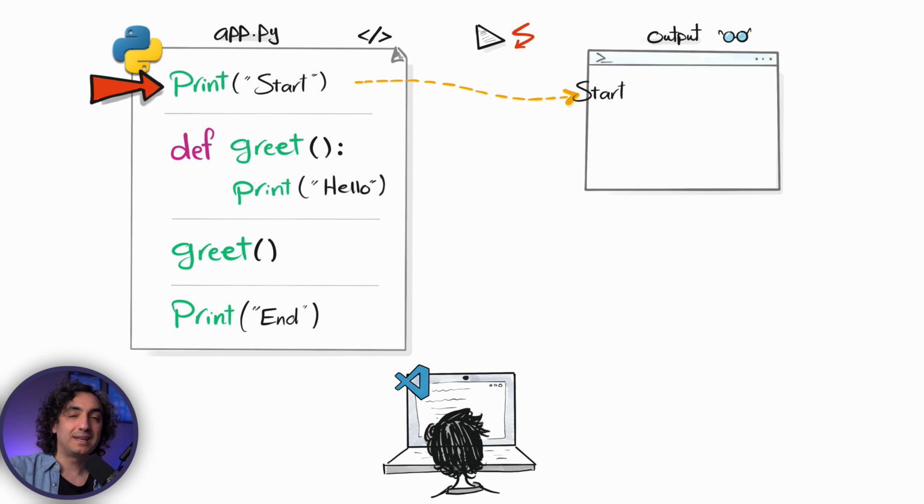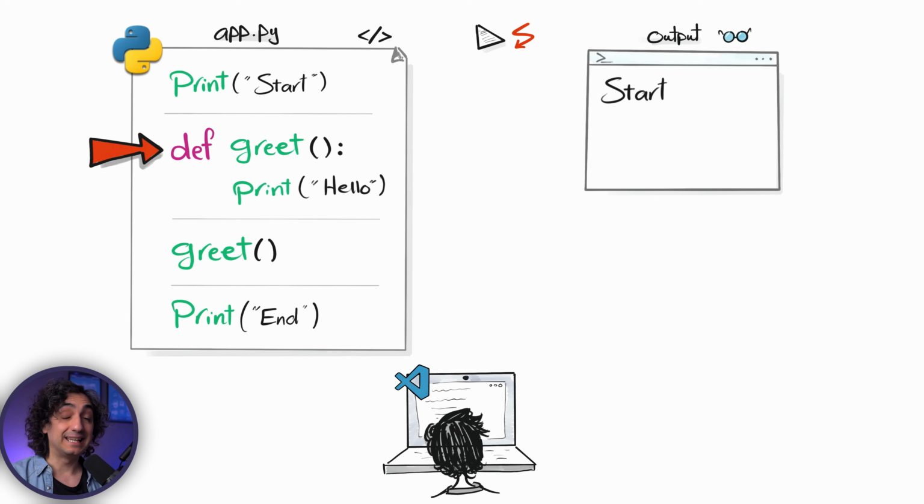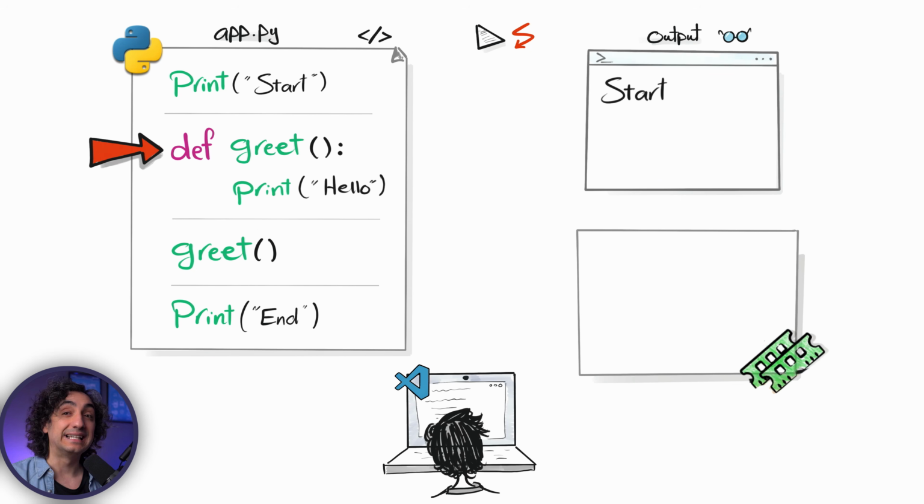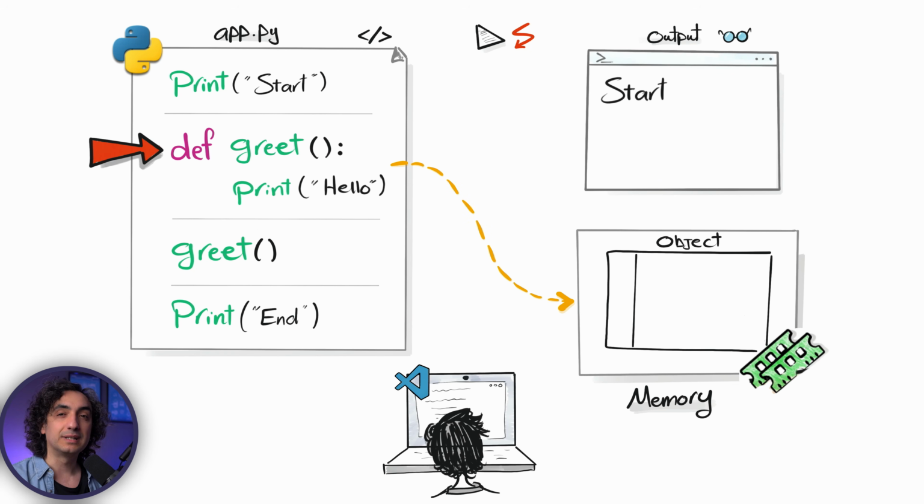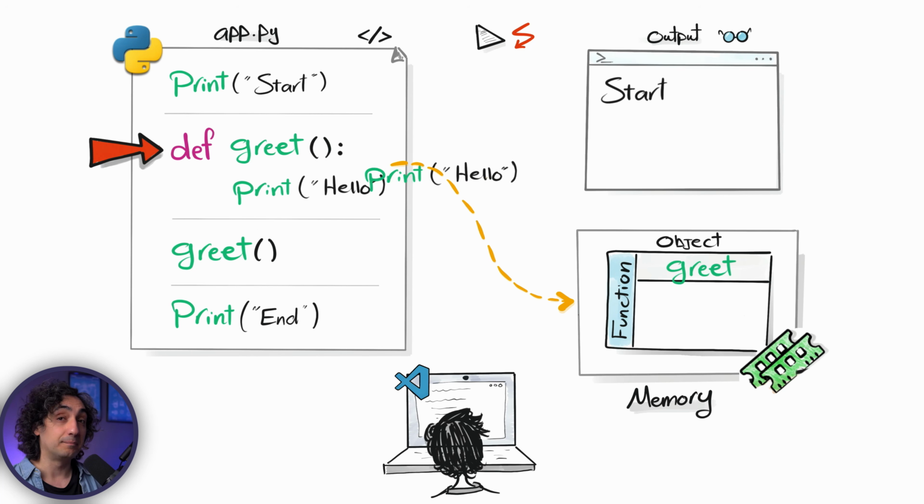Then it's going to go to the next line, and now Python sees a def, so it has to define a function. Now how is it going to do it? Python will not go to the next line inside the function to the print hello and execute it. Instead, Python is going to create an object in the memory, and then it's going to put inside it the function name, the body of the function, and some extra stuff. So the definition step means it is only saving the function inside the memory without executing whatever is inside the function.